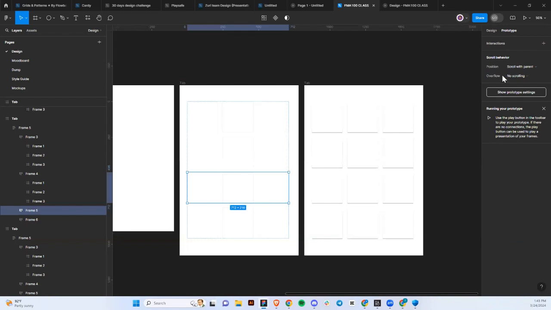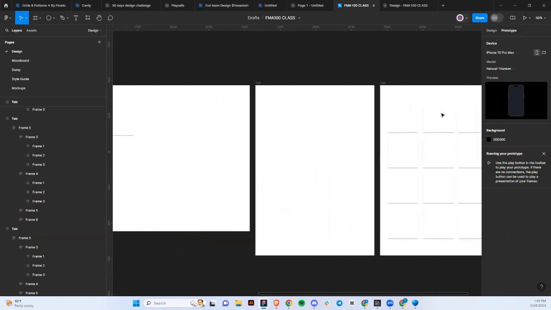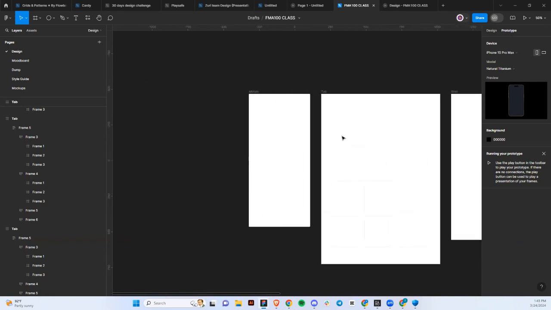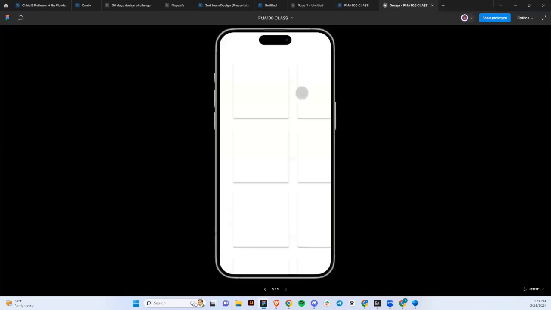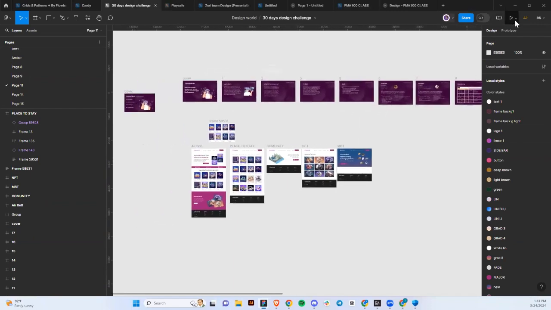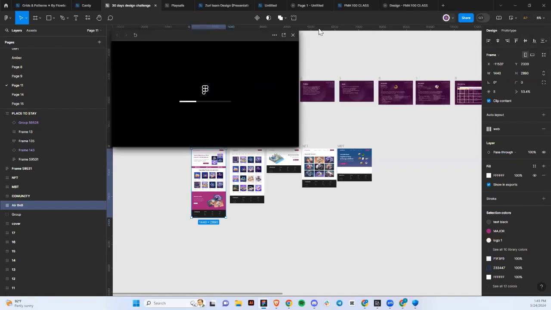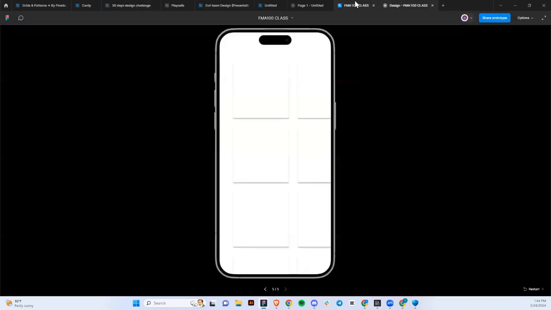And in this part where we have prototype. Now, because this is not a paid Figma, I cannot prototype directly from here. I have to play the prototype to view. Now, if I go to an account that is under a paid Figma, right? Now, see the difference. I can click on this and preview here without going somewhere else. Meaning, see, it will open right here. Unlike in this instance here,